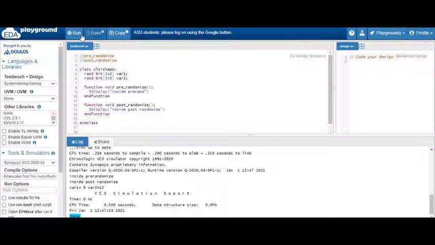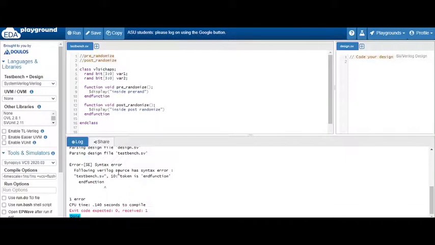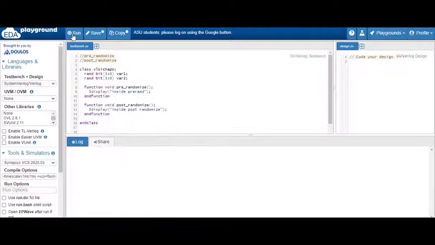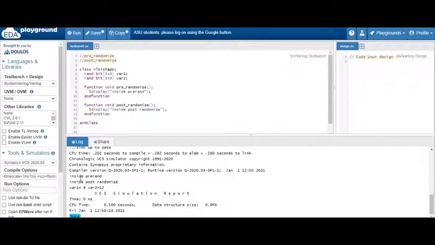Now you will see while running. We are missing a semicolon, please don't miss the semicolon. You are going to see inside pre_randomize and inside post_randomize. So whatever we have written is getting printed. First pre-randomize is happening, then randomization is happening, and after that post-randomization is happening.